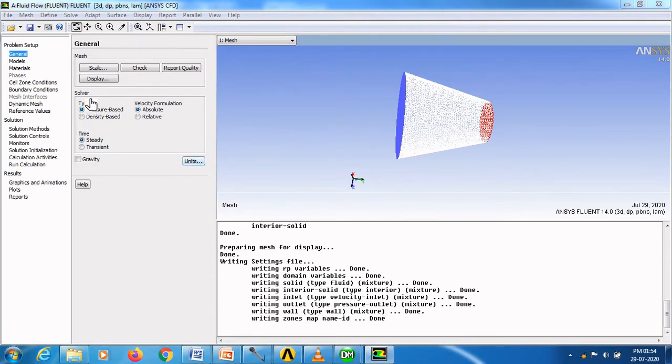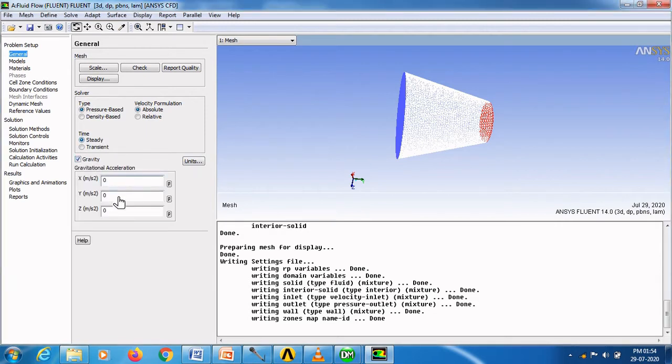In solver type, you have to select pressure based solver type. In velocity formulation, you have to select absolute velocity formulation. In time, you have to select steady state analysis. Go to gravity. Here you have to enter 9.81